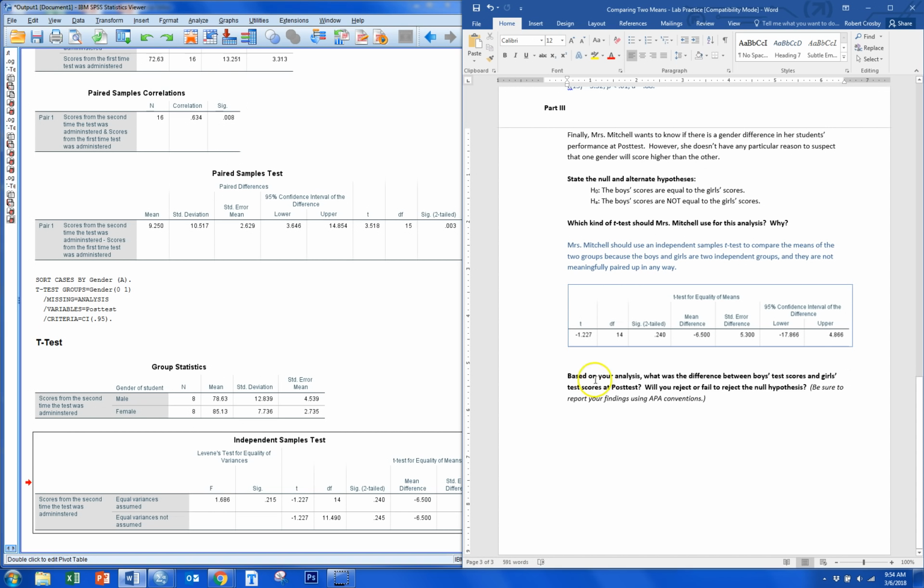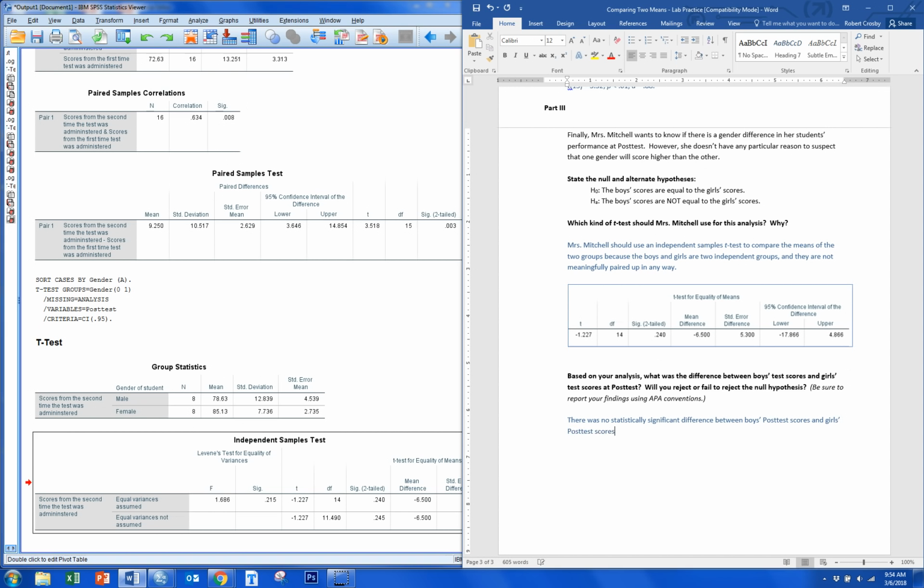So let's take a look here. The p-value is 0.24. To be statistically significant, that must be less than 0.05. It is not. 0.24 is bigger than 0.05, so we do not have statistical significance. So there was no statistically significant difference between boys' post-test scores, that should be plural possessive, and girls'